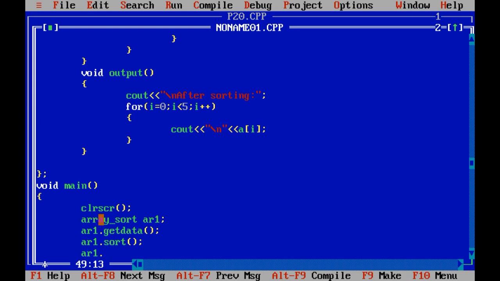As I have told you that sequence matters a lot, so you need to take care regarding the sequence of calling functions. First of all I have called array1.getData, then I have called array1.sort method, and at last I am going to call display method, through which we are going to print sorted elements of array.